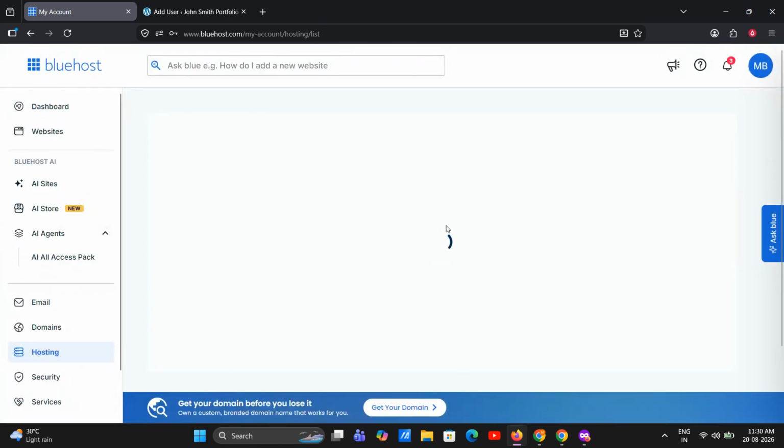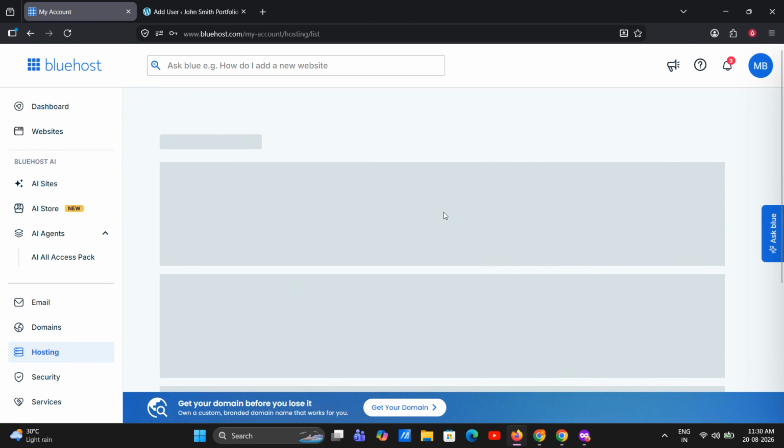So that's how to activate a hosting plan on Bluehost from start to finish. It's really just a matter of choosing your plan, selecting your billing cycle, deciding on your domain, reviewing add-ons, and